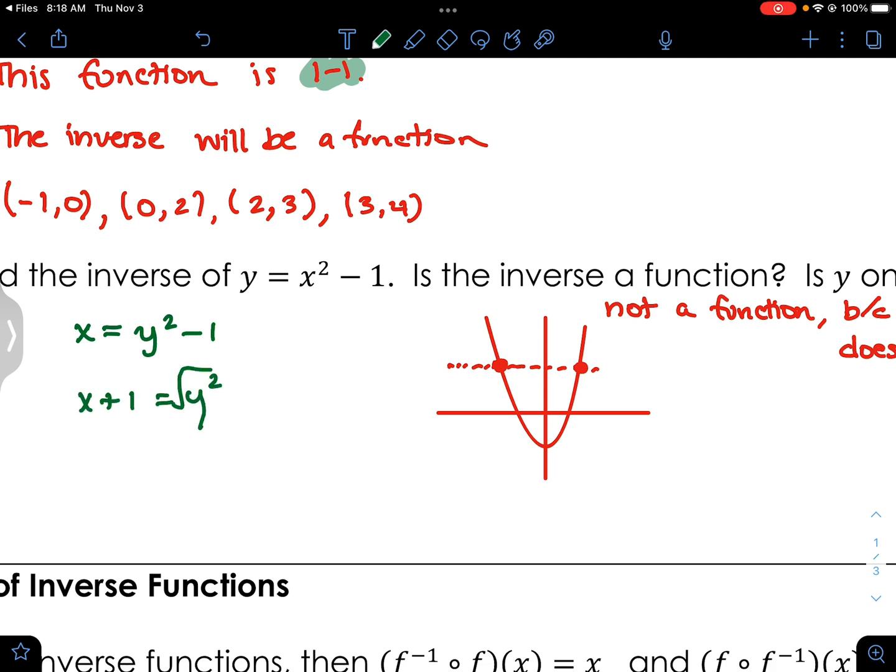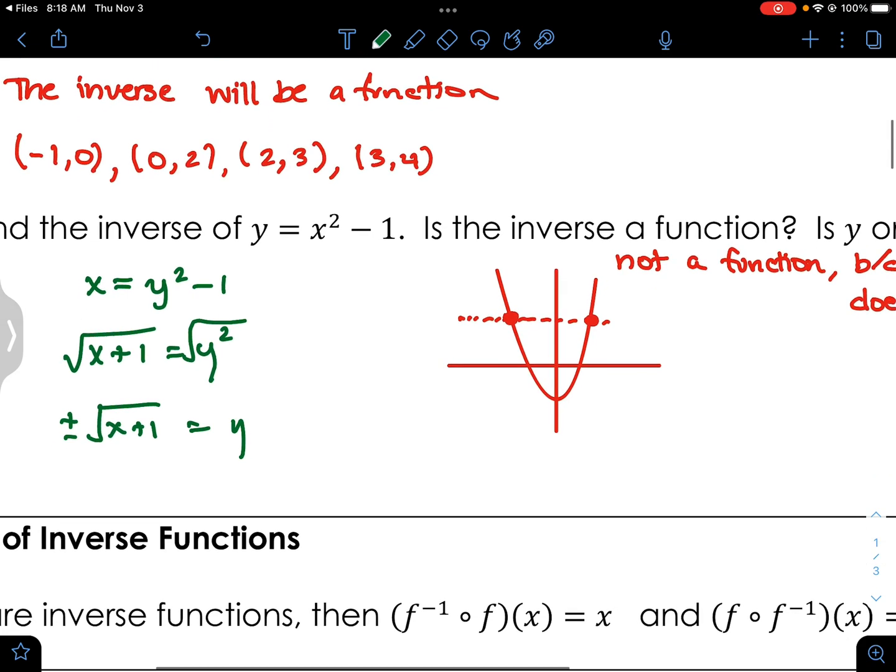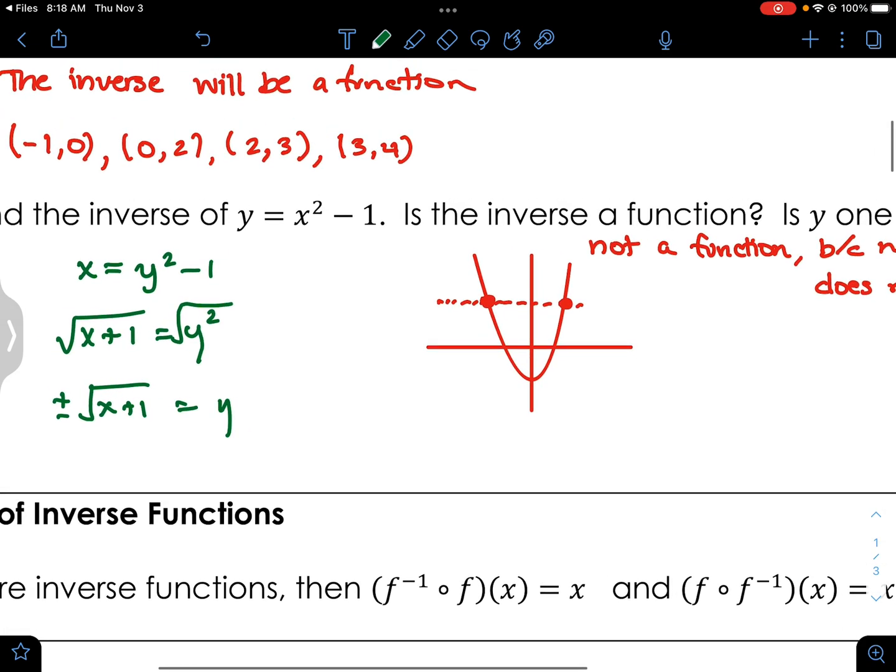And then we take the square root of both sides, and that would give us plus or minus the square root of x plus 1 equals y. And so if we were to graph that, we would have a square root function on the positive side and the negative side. And you can see that this is not going to pass the vertical line test,